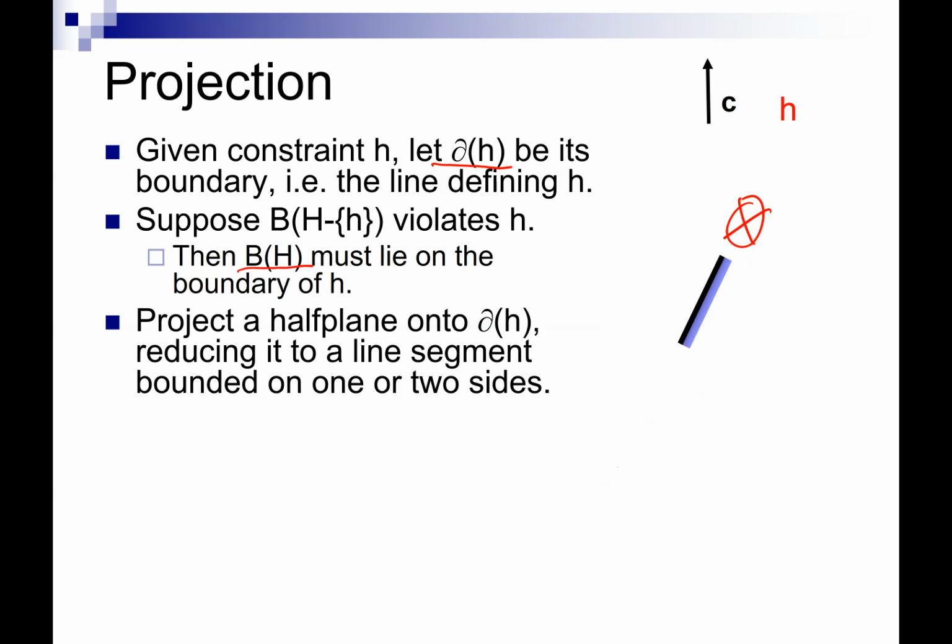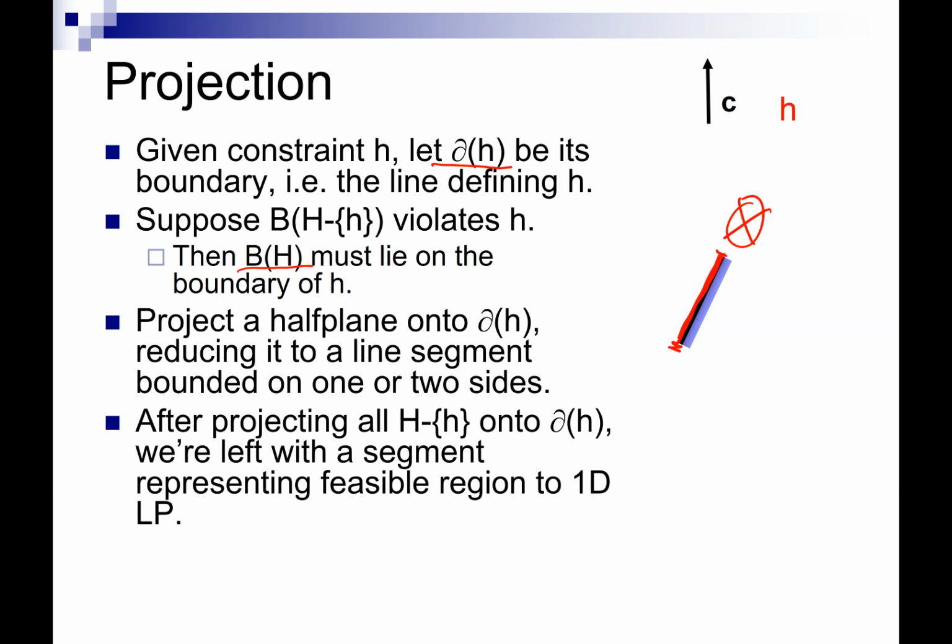And so what we're left with is just this line h. Actually, I should take out this purple part, because we know the optimum is going to lie on the boundary of h. So it's just this line portion of h without the half plane on the right side. This line segment between this point and that point is going to be a one-dimensional LP, because it says that we need to be beneath this point and above that point, and we can be anywhere within that region. And then we want to find the highest point possible